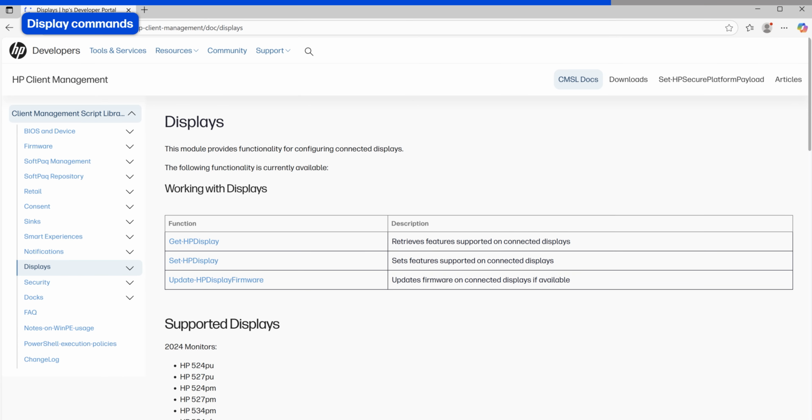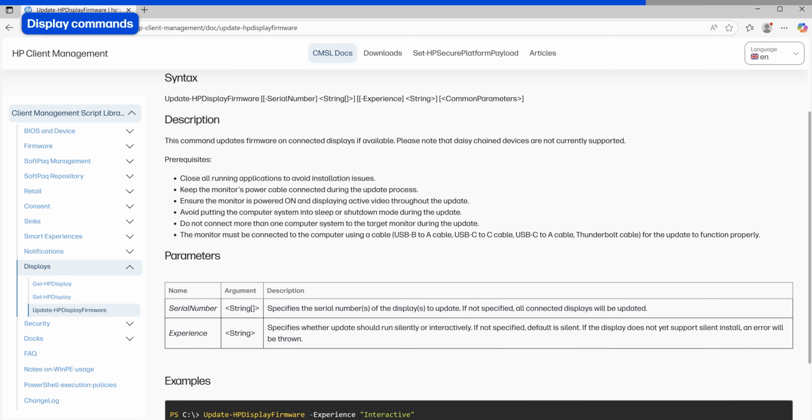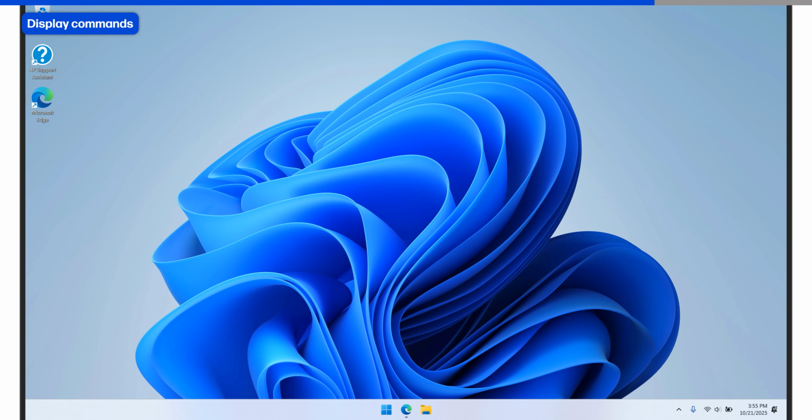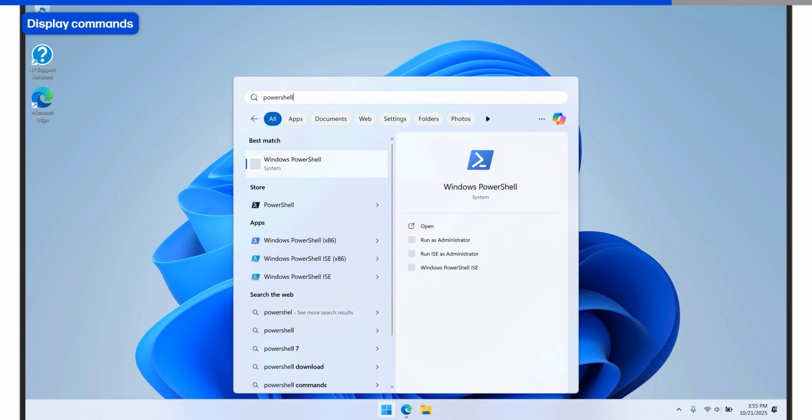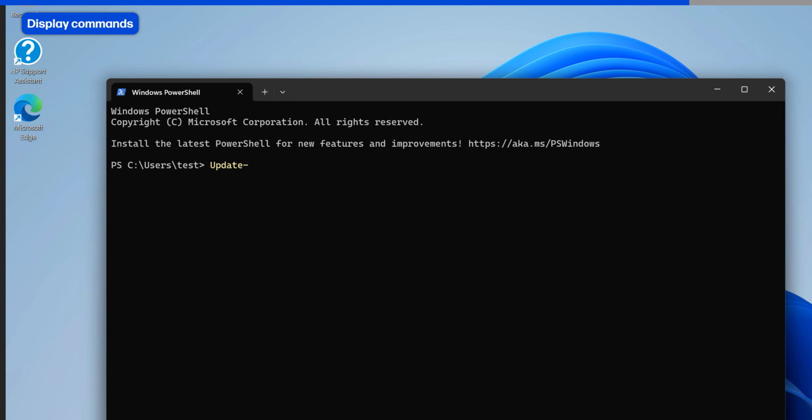To view information for Update commands, return to the CMSL site and select Update-HPDisplayFirmware. A description and all available parameters are listed. To run an Update command and update the firmware for a managed device, open the PowerShell window. Enter Update-HPDisplayFirmware. The screen might momentarily go black, then the display will open a firmware update soft pack.